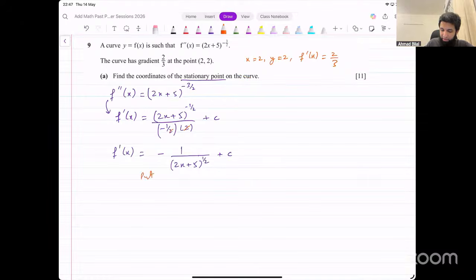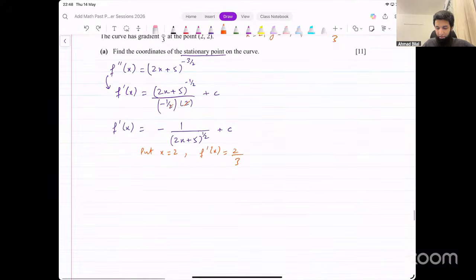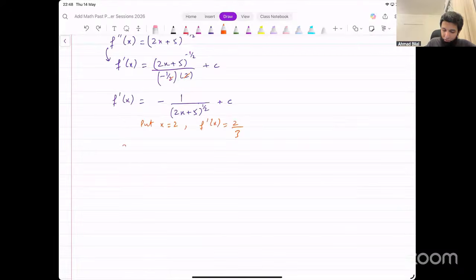We can say in this equation, since we have x, let's put x equal to 2, and put the derivative equal to 2 over 3, because when x is equal to 2, we know that this value is 2 over 3. And that will give us the value for C. Let's figure this out. 2 over 3 equals minus 1 divided by (2 into 2 plus 5) whole raised to power 1 over 2